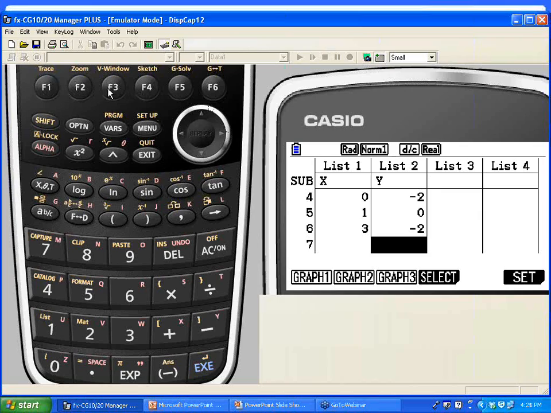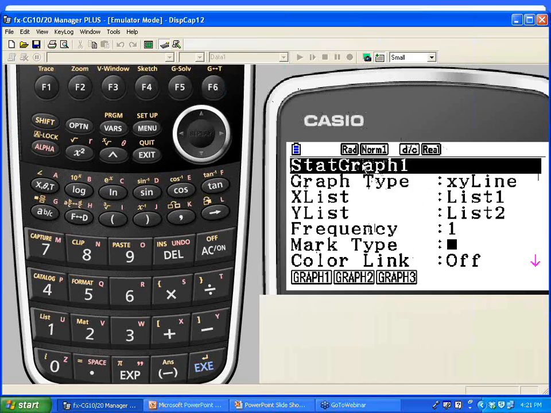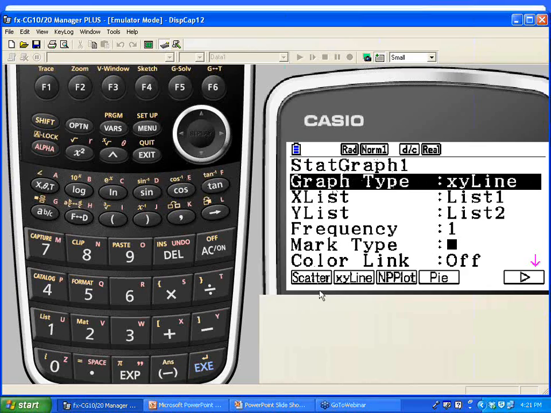Well, we're not really ready to graph yet, because since we're in the statistics menu, we could graph these ordered pairs as they relate to a histogram, a bar graph, a circle graph. There's many different types of graphs. We're going to come down under Stat Graph 1 where it says Graph Type, and just look at the different options. You have your scatter plot, an XY line plot. You have pie graphs. If we toggle over to see more, we can hit F6 and see that you have your bar graph, I mentioned, the histograms. You could even do different polynomial functions. But tonight, to make our lines be piecewise graphs, we're going to choose the XY lines.